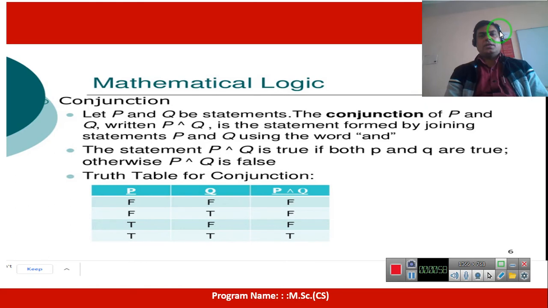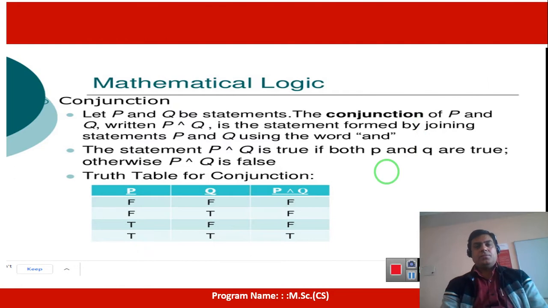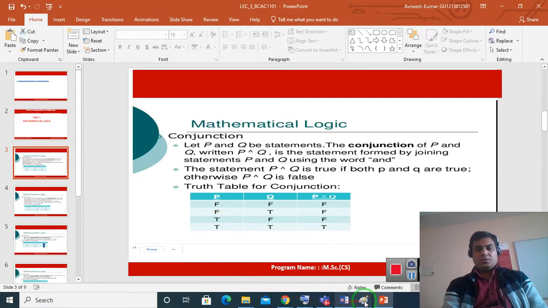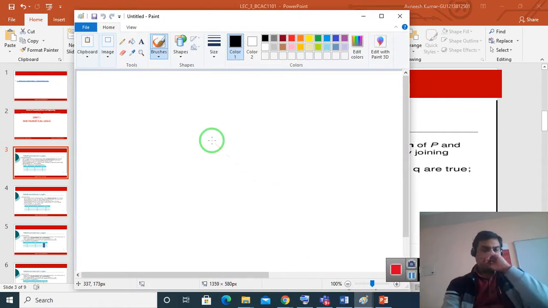The second logical connective is conjunction. Conjunction means that if we add two sentences with the conjunction, then if both sentences are true, the result will be true. But I will explain one more thing. Two variables can be connected in four ways. How can I explain? I will switch to another page, then I can explain it.